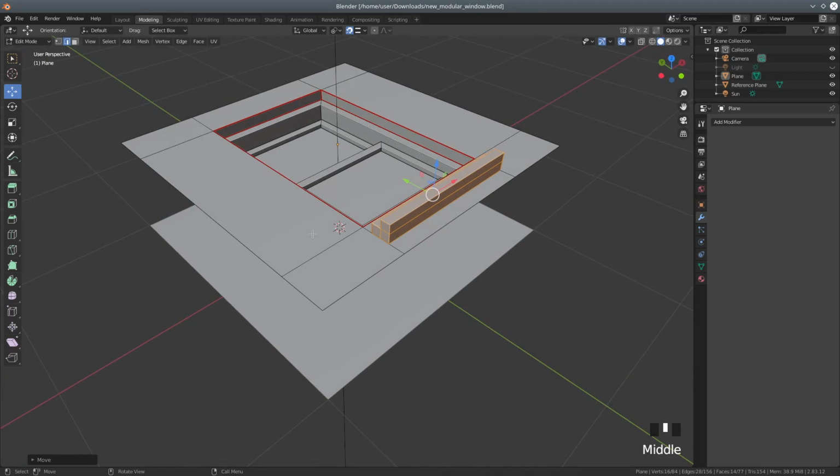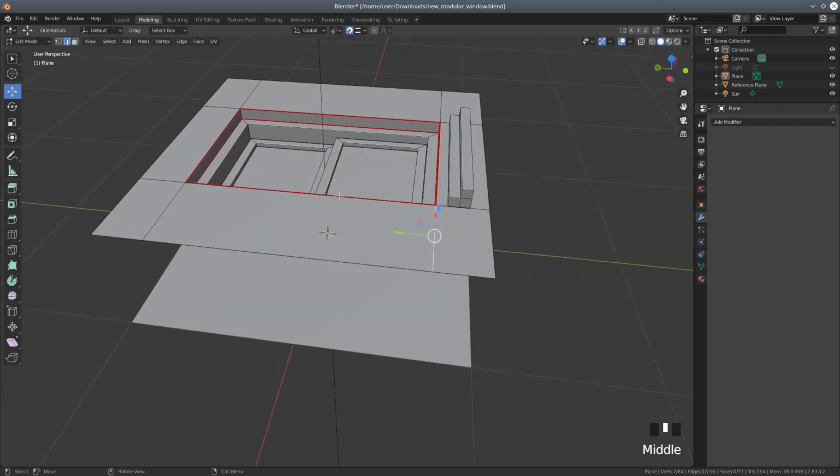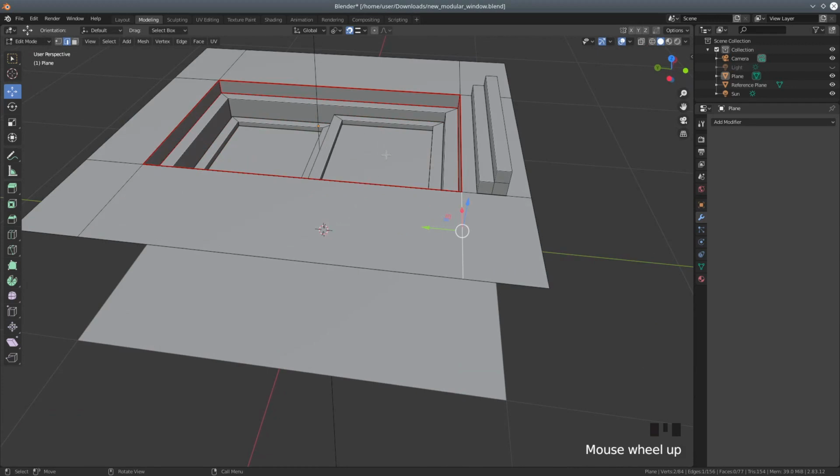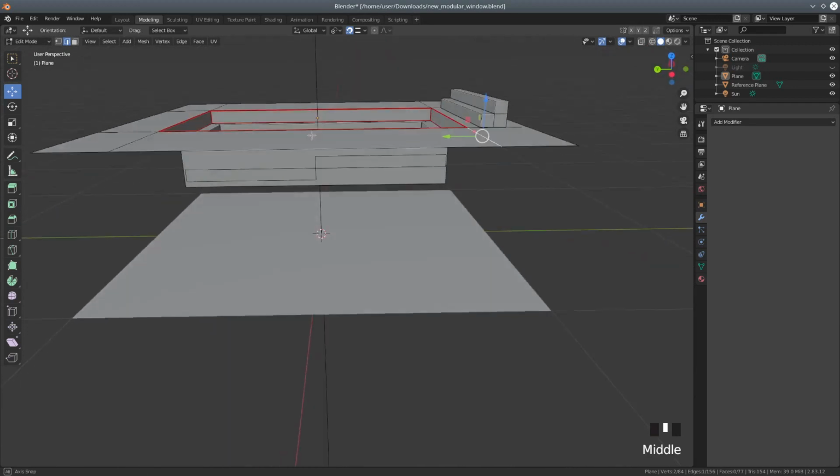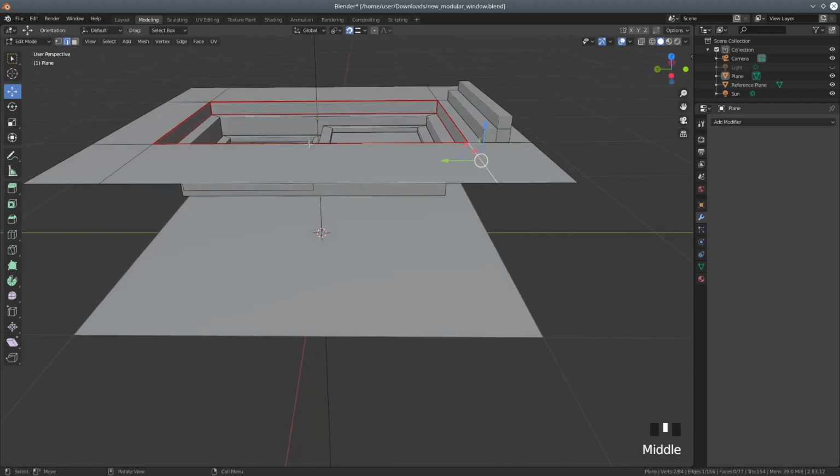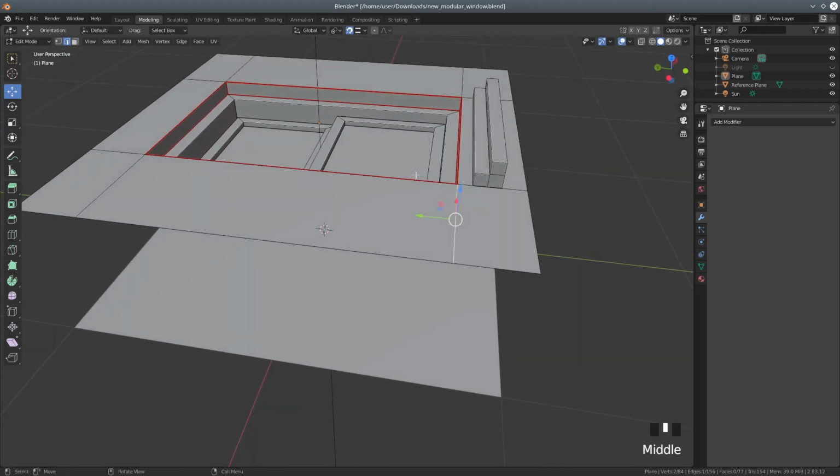Now, what I'm going to do today, or what I'm going to show you how to do today, is to create a window blind to put behind our windows. And to do that, we're going to use the scene option up at the top right. We're going to create a new scene, and